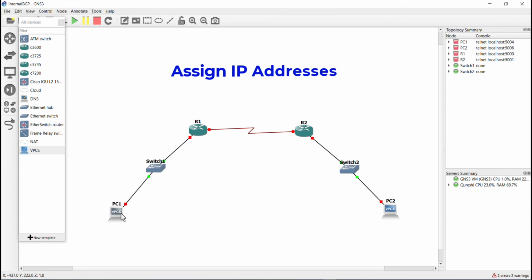So we are using class C IP addresses for all these networks.